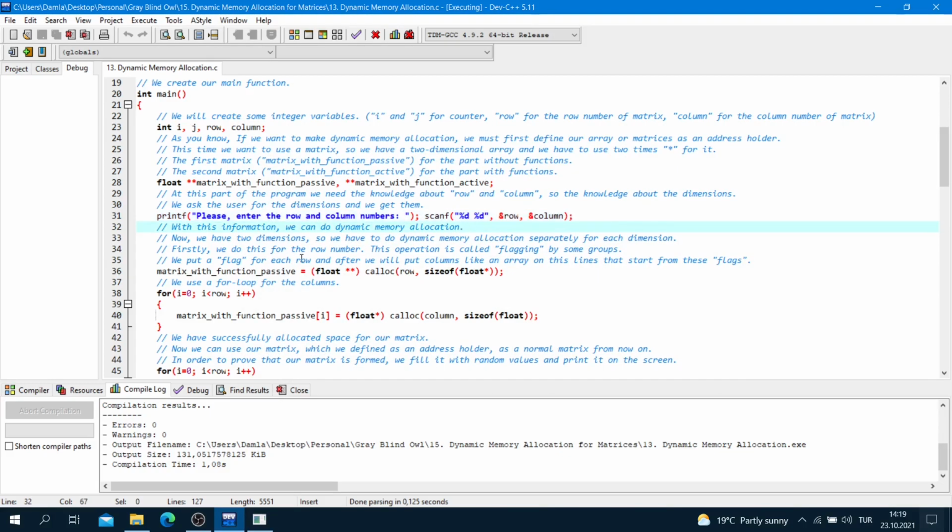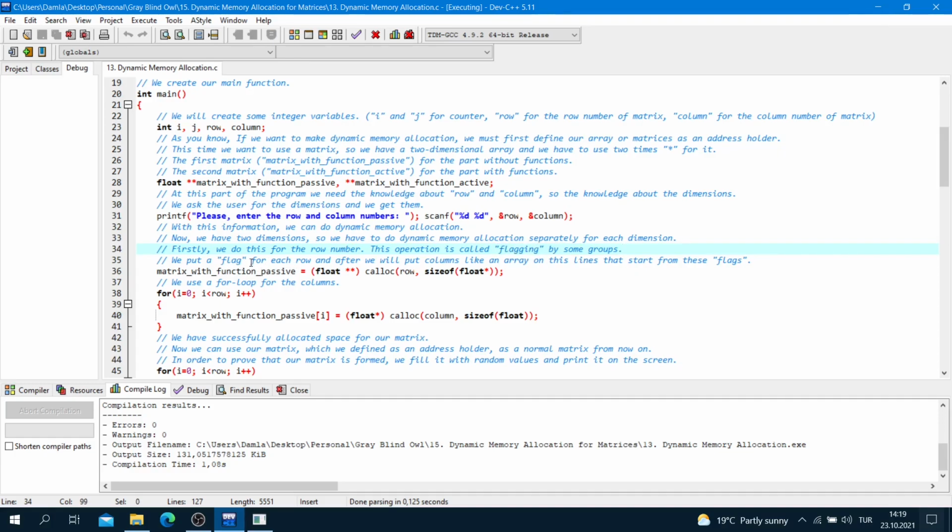Now, we have 2 dimensions, so we have to do dynamic memory allocation separately for each dimension, okay? Firstly, we do this for the row number. This operation is called flagging by some groups. Okay, this is not common, but this usage is okay, flagging.